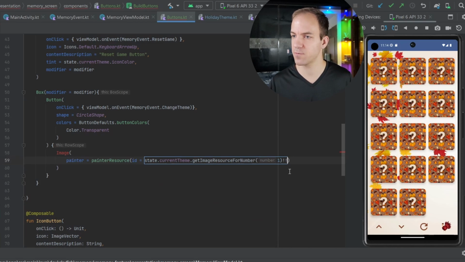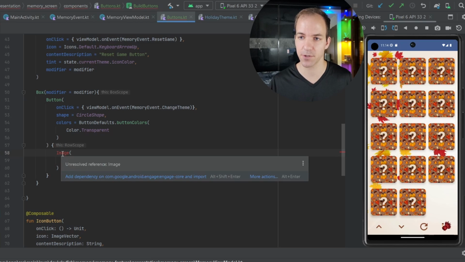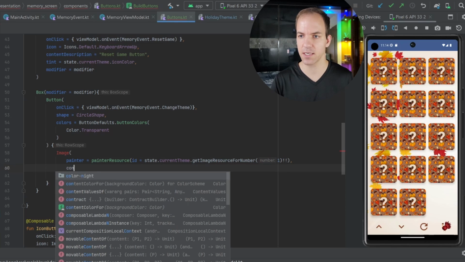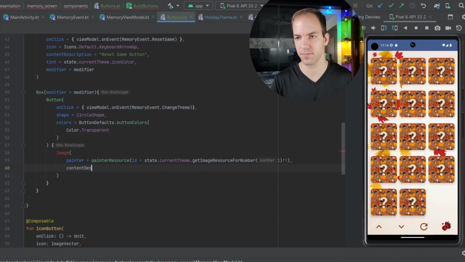And in here we'll assert that that's not null, because we know for sure that that's not null. And we need a content description is equal to